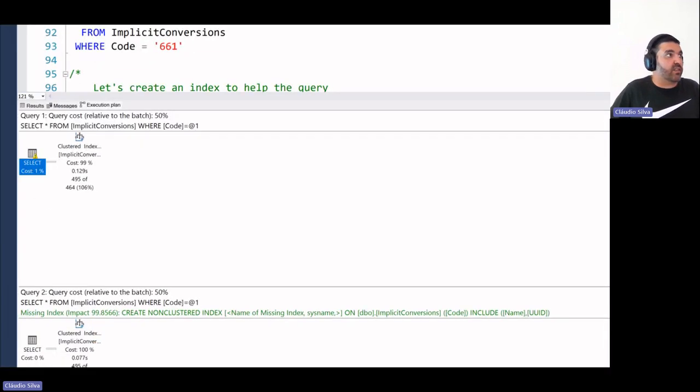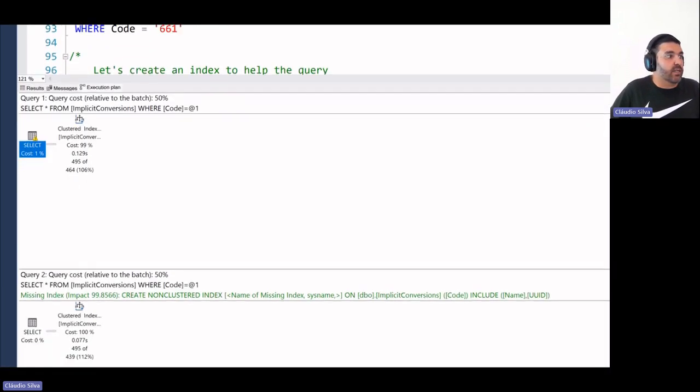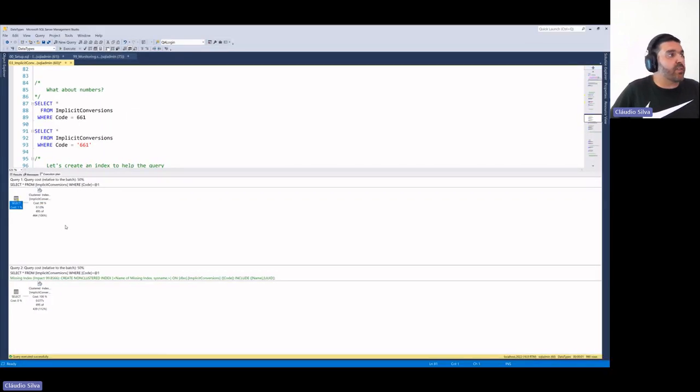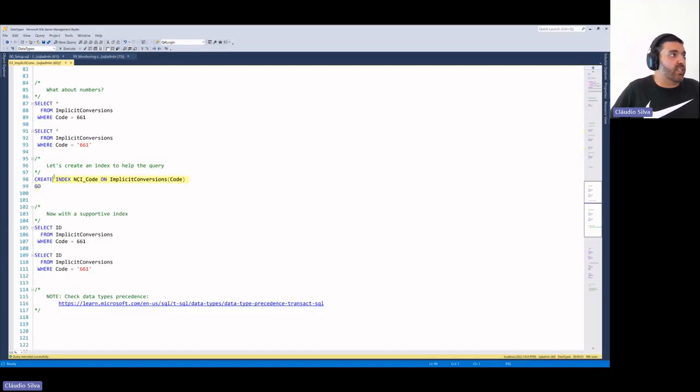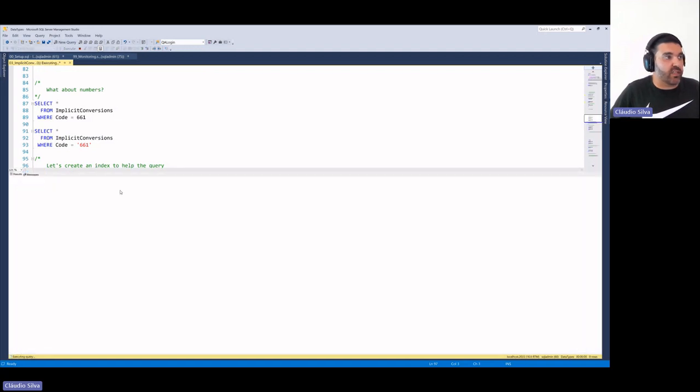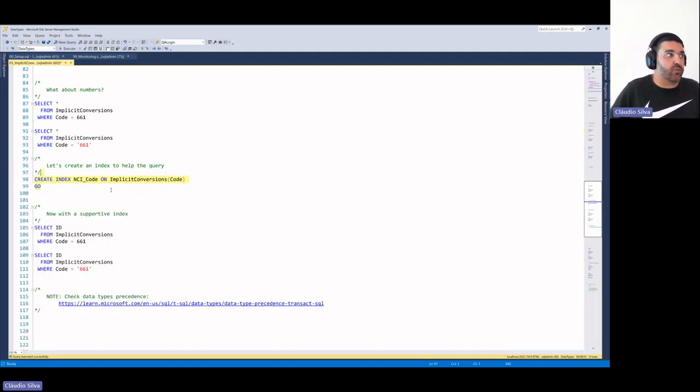What happens in this case is that just to do a select star, again, I can use a cluster index here without having any yellow triangle, meaning that it doesn't have any conversion of the data type. And in this one, I have the conversion, so it's slightly slower. But more than that, what about if I create an index on that column? Because then I can use just the index. Yeah, that is correct.